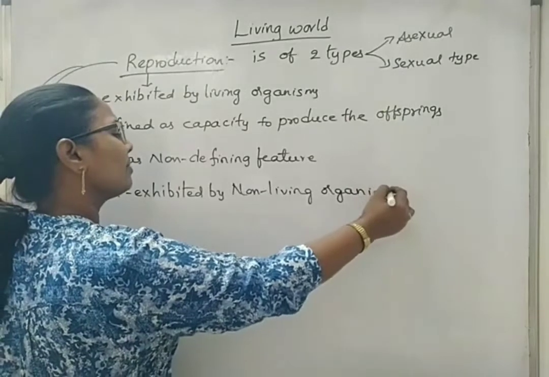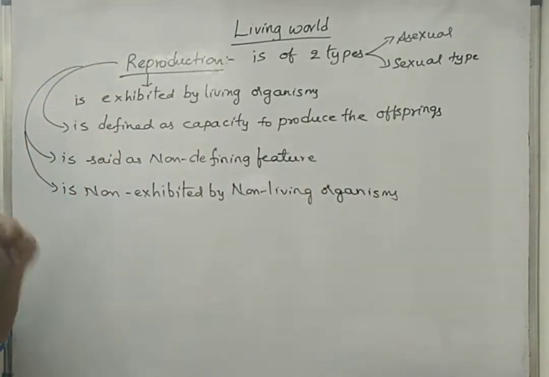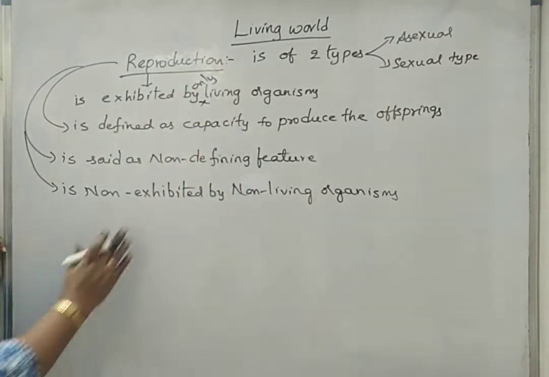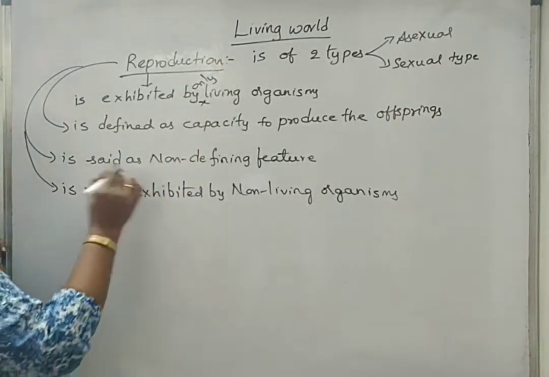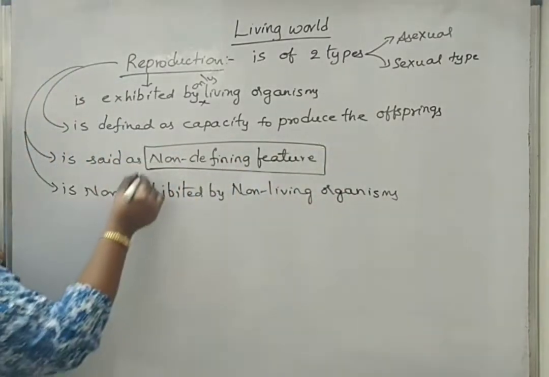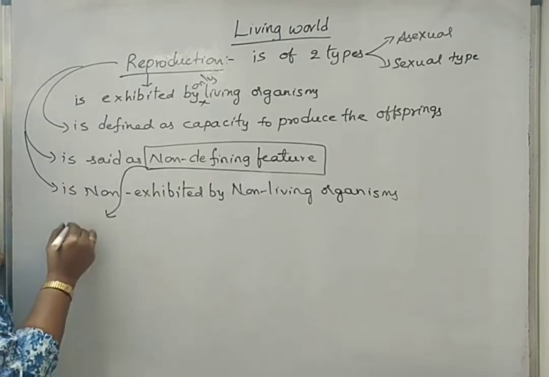But how can we say that? Here we can see reproduction only in living organisms. By here we write only living organisms. It is not exhibited by non-living organisms. Still we are telling reproduction is a non-defining feature. How is it possible? Because